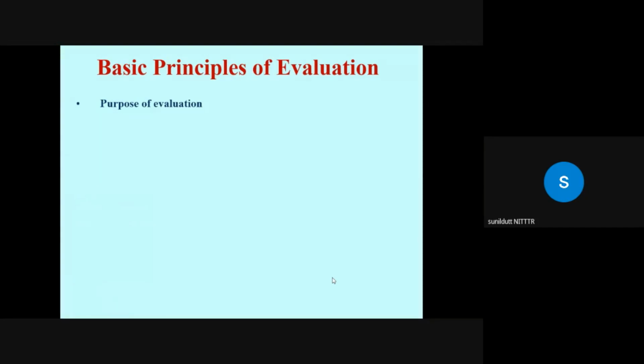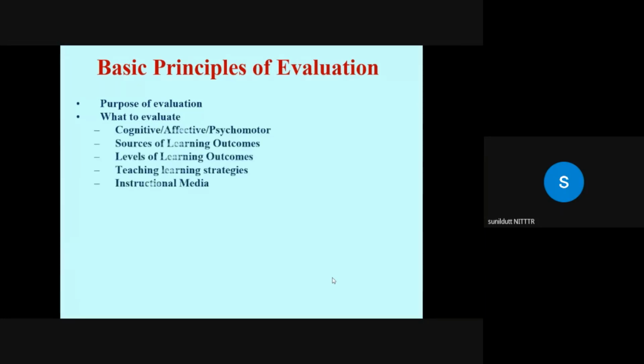the type of evaluation. And then the teacher needs to know what to evaluate, whether to evaluate student performance in the cognitive domain or to measure student behavior in the affective domain, because attitudes cannot be measured by paper and pencil test. You need to observe the student behavior, or sometimes you need to know their attitude towards your teaching. So you are preparing or constructing a behavioral rating scale, or you want to evaluate student performance in the psychomotor domain, that is the practicals in the laboratory or in the workshop.